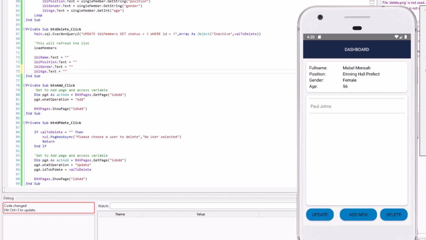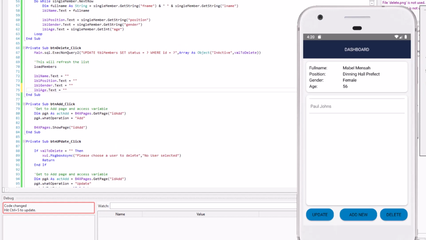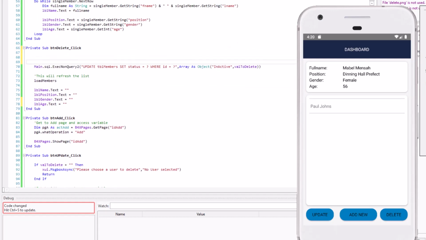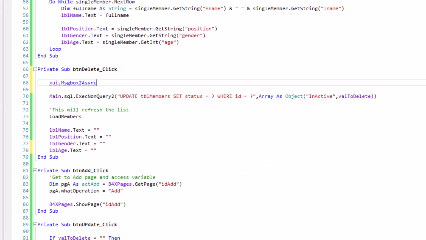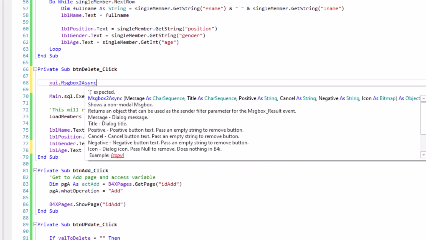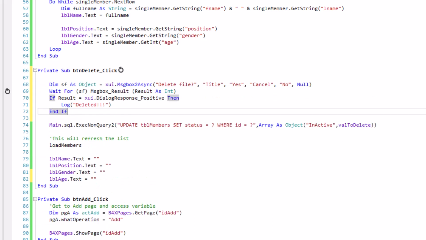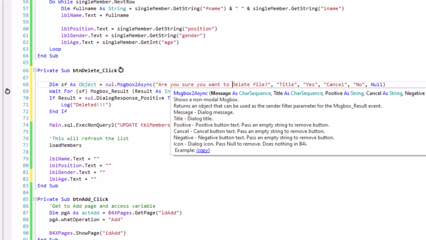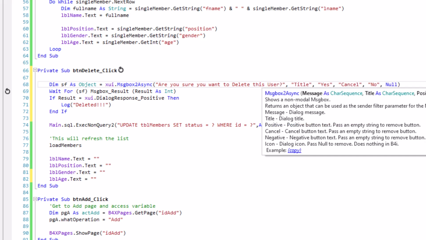Since it's deletion, we should also show a message box first. So let's use xui.MessageBox2, and we copy the code. The title is Delete, and the question is: are you sure you want to delete this user?